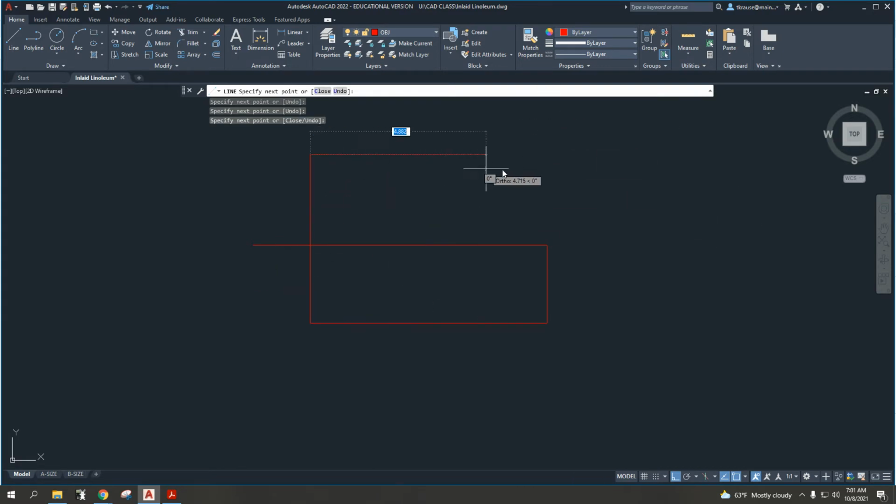Okay, so left clicks, I'm just drawing a bunch of lines here, and you'll notice I can't go on an angle. If I wanted to go on angle, I can hit F8 on my keyboard or come down and turn off ortho, and now I can draw lines at angles. Okay, but most of the stuff we're going to work on is going to be in perfectly 90-degree locations,